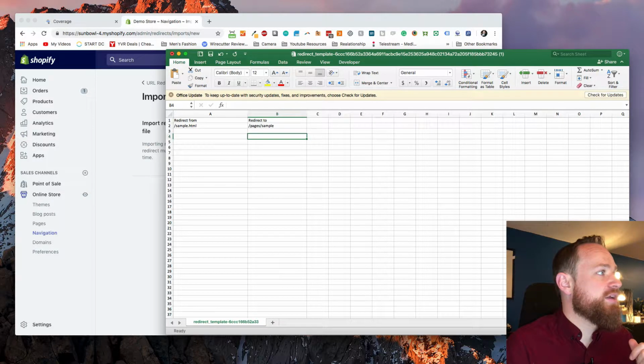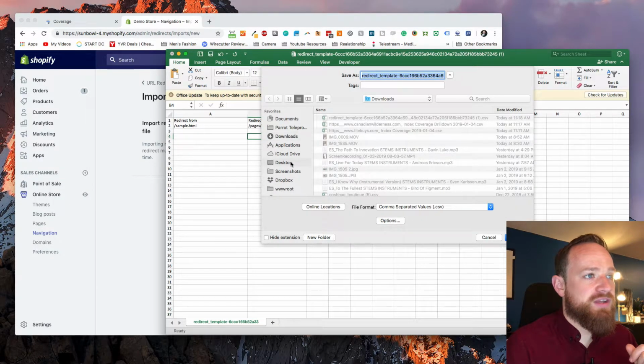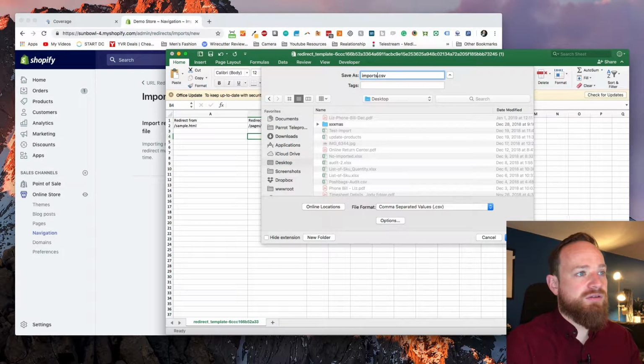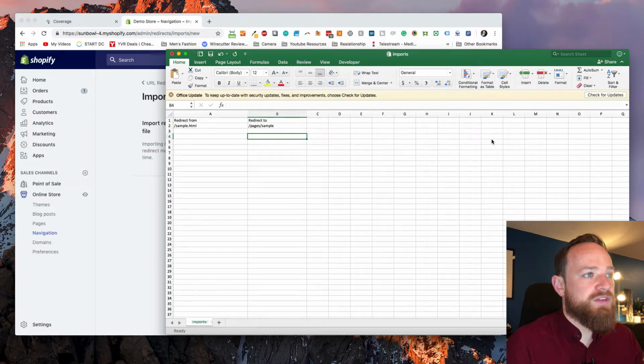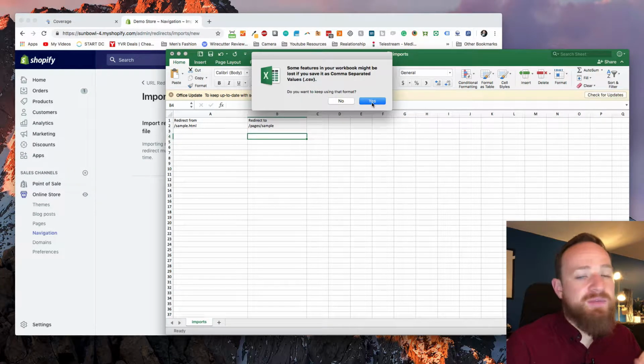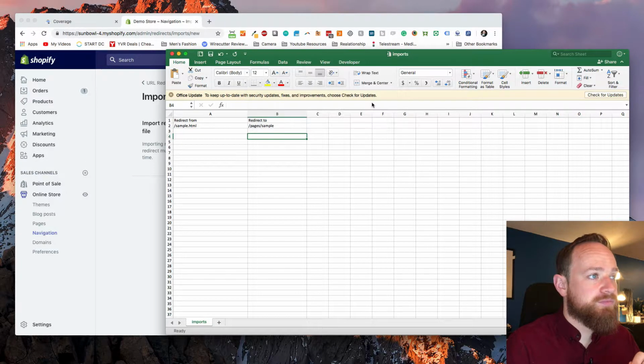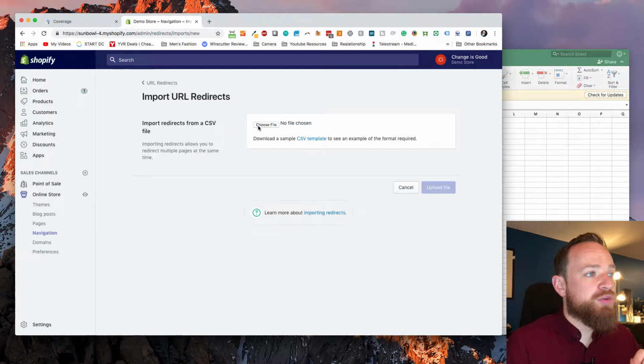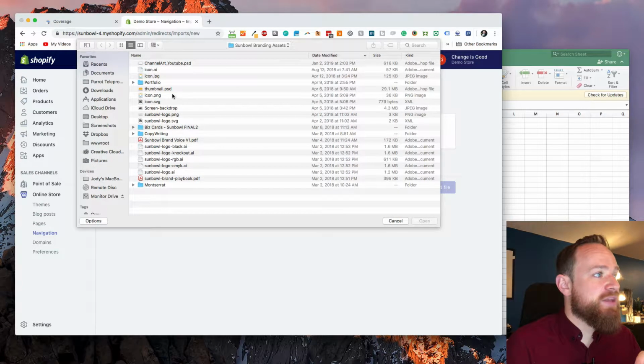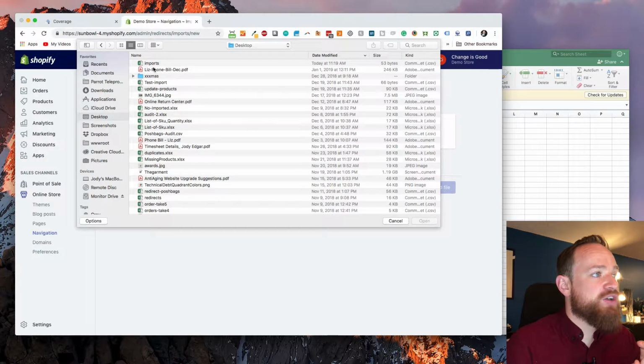So we're going to go in File, save this. Let's go to the desktop, imports, save it as imports. We want to keep it as a comma separated value because that's what Shopify is going to recognize. And then when we go to imports, we can go choose file and we can select that import file. So the most important thing to do when you're updating the locations of those files,